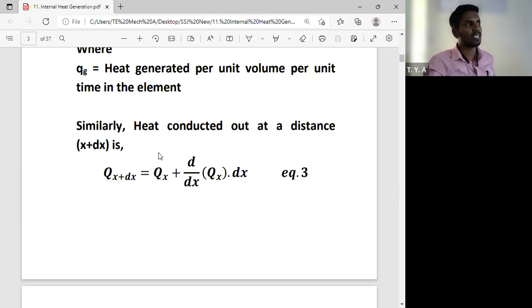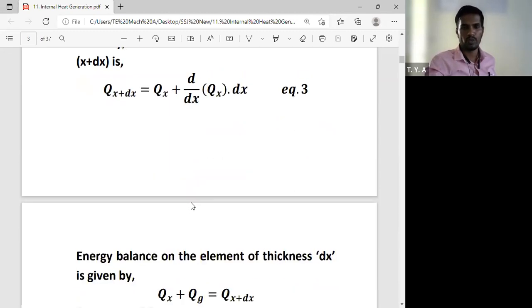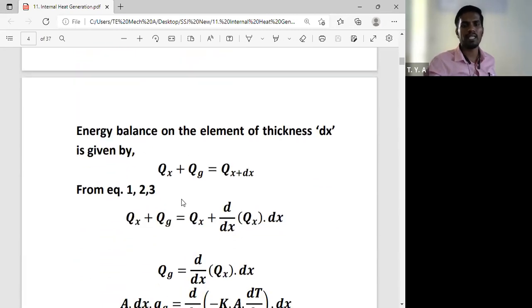In that case we have considered that qg has 0 value. Okay, so write down the energy balance equation for that particular small element. How much amount of heat is conducted into the element, that is qx. Some amount of heat is generated within that element, that is qg, and qx plus dx, that much amount of heat is conducted out from the element. So what is the equation? Energy balance equation. Heat त्याच्यामध्ये किती पाठवली तुम्ही, त्याच्यामधून किती जनरेट झाली, ती सगळी काय होणार आहे? Conduct होणार आहे out of that particular element.